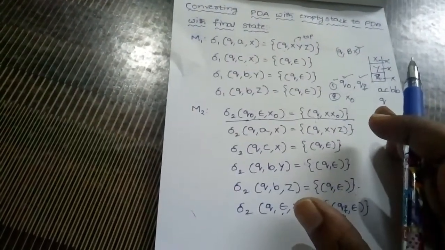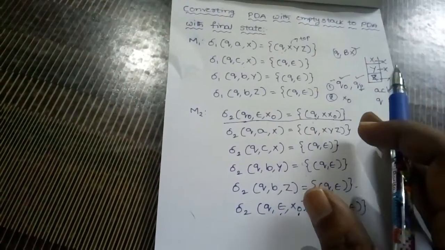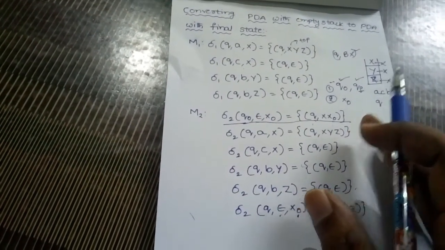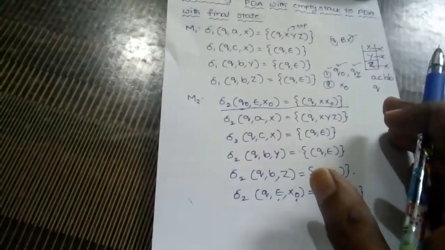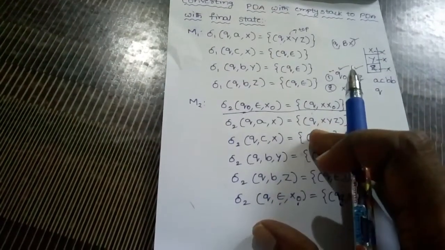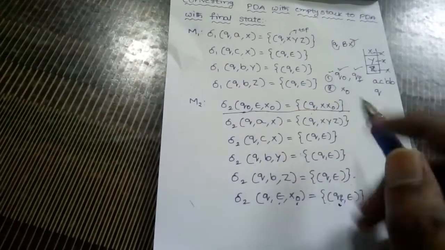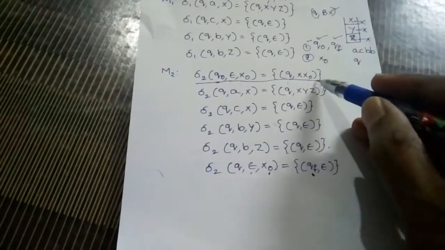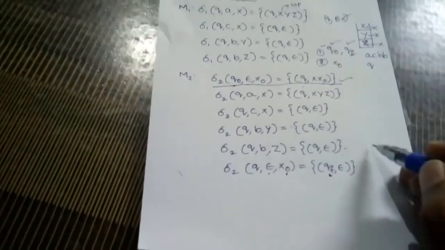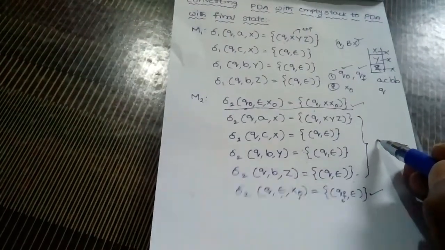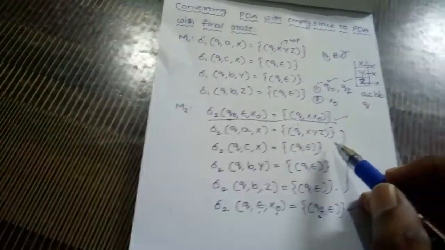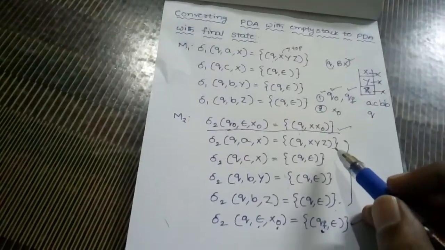What is the difference here? You only have to consider two new states, Q naught, the new initial state, and the final state QF, and the next one is the new initial top of the stack, that is X naught. And what is the change in the solution? Only the first move and the last move. The remaining ones we have copied from the problem, isn't it? So there is no change. Here we only have to add two moves.